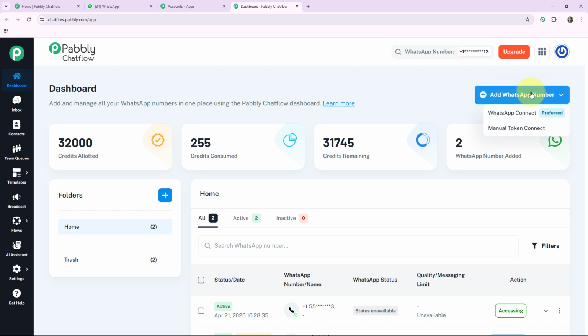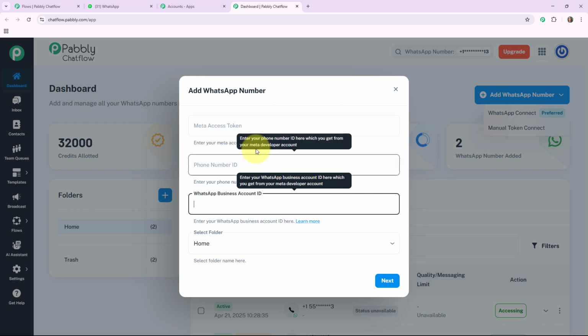If you click on this button, it will provide you 2 options: one is WhatsApp Connect and the other is Manual Token Connect. WhatsApp Connect might involve scanning a QR code or entering the phone number and verification code. The second one is the Manual Token Connect. When you click on this, it will ask you for the Meta access token that you can generate from your Facebook